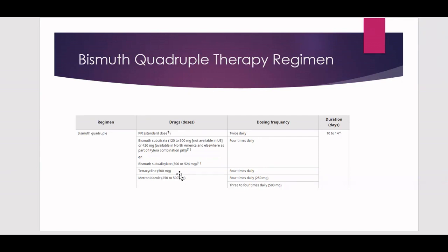And the dose even is flexible, anywhere between 300 milligrams or 524 milligrams. I believe in Canada we do have the 524 milligram bismuth subsalicylate. We don't have the 300 milligram. So whatever you have, that one should be given 4 times a day. So whether it's 300 or 524 milligrams, give it 4 times a day. There's also 420 milligrams here I see from the citrate, 120 or 300 milligrams. All of these are not available in the US, but there could be different